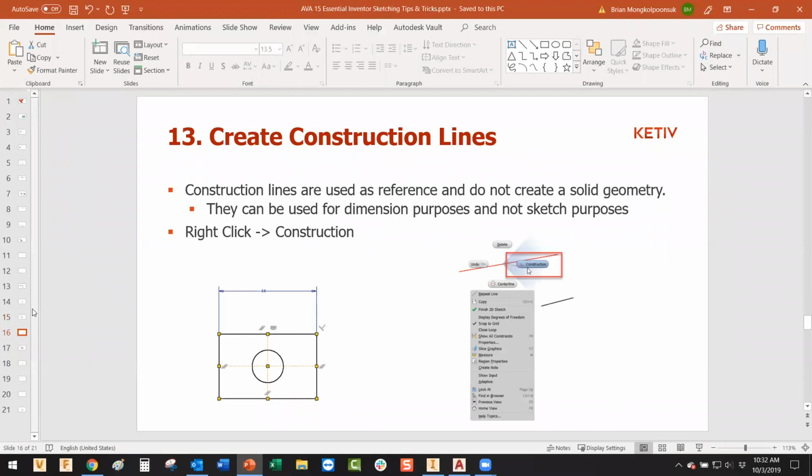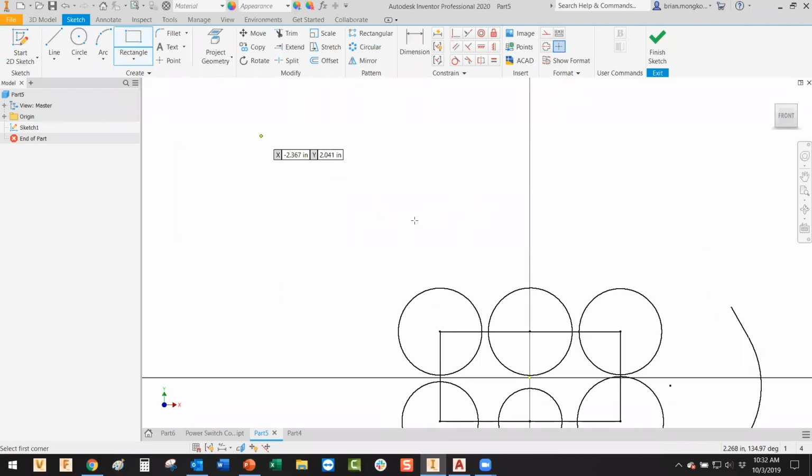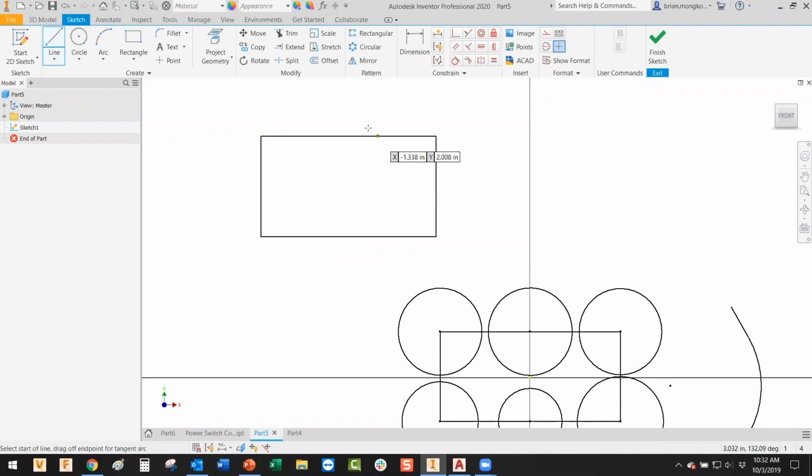13, create construction lines. This is useful when you want to create lines that aren't actually necessarily part of your model, but they can help reference other actual parts of your model. So in this example right here, if you want to create a circle in the middle of this rectangular prism, you draw a line from midpoint to midpoint, midpoint to midpoint,